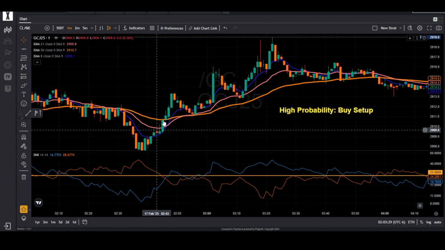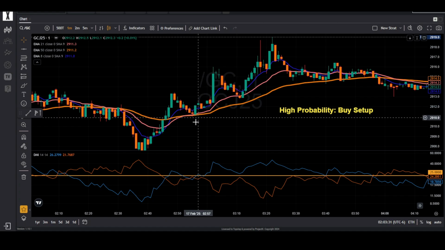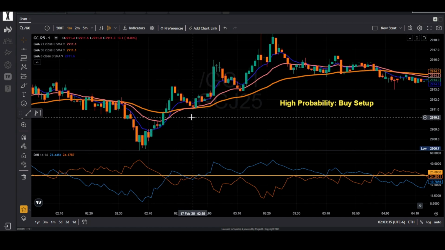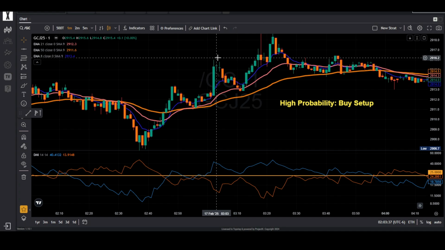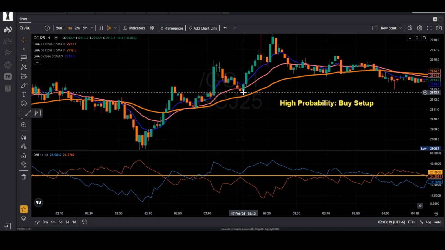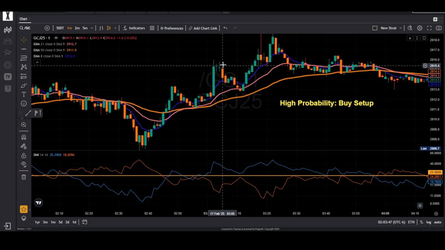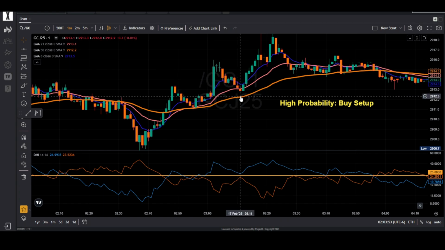So we can see price made a high. Now we do see a higher low compared to here. Now we are waiting for another higher high, and there is another higher low. So now it seems like all moving averages are aligned as well. So we are going to look for these kinds of setups where we see a clear, clean pullback. Now, as we can see, all moving averages are lined up.